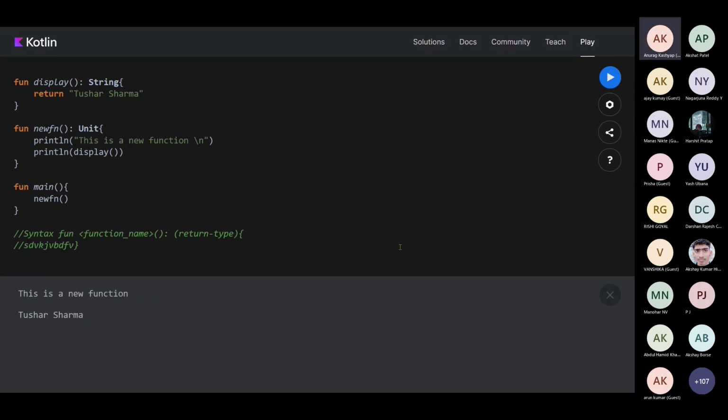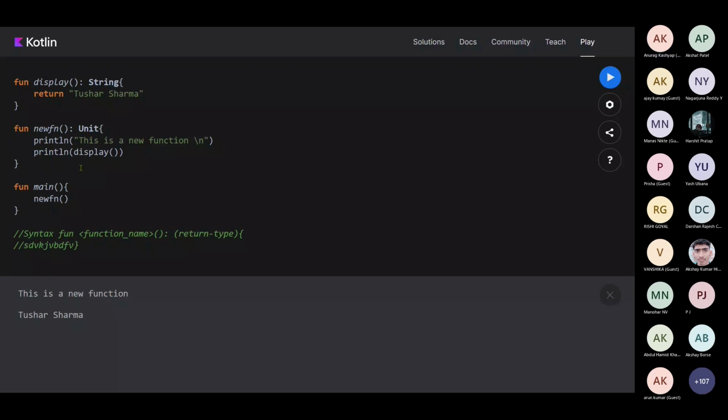See, this is a new function. I just called the new function, so this function got executed. In this function we had another function, which is display. That's why we are getting both the outputs. As I called the new function, first this value will be executed. Let me give you the flow of the compiler.